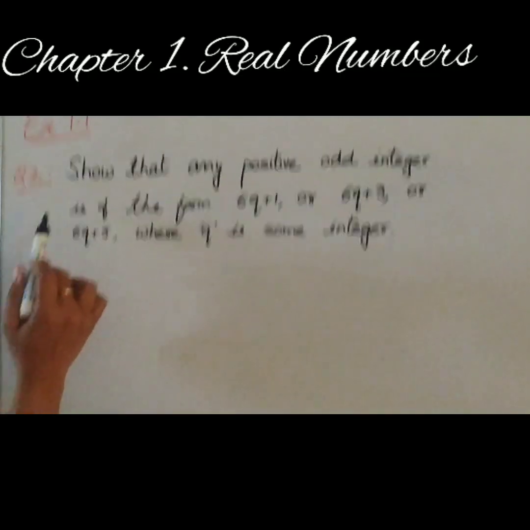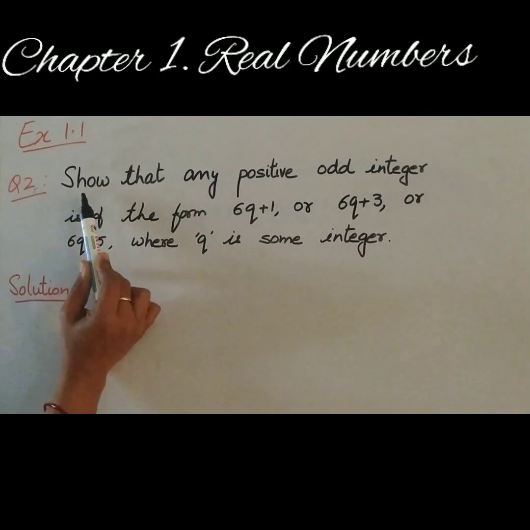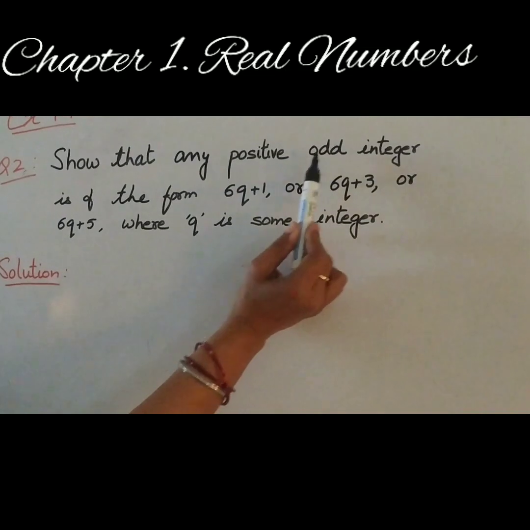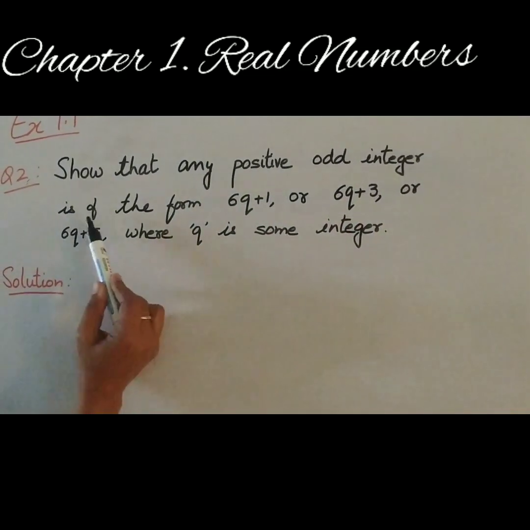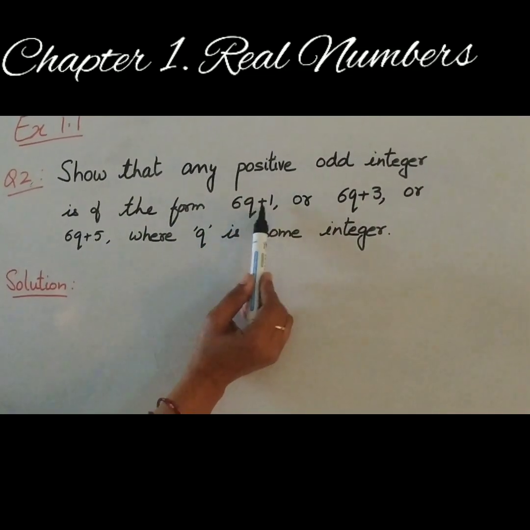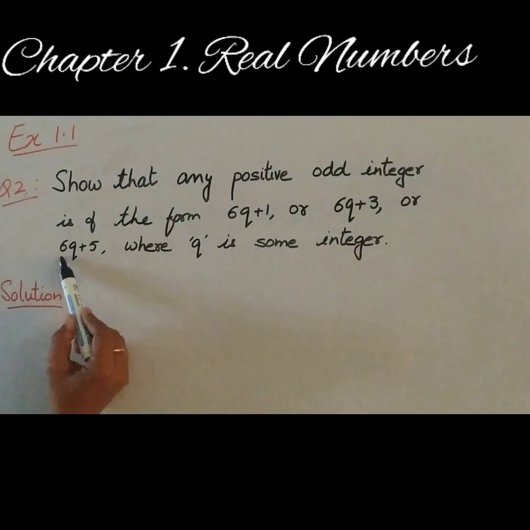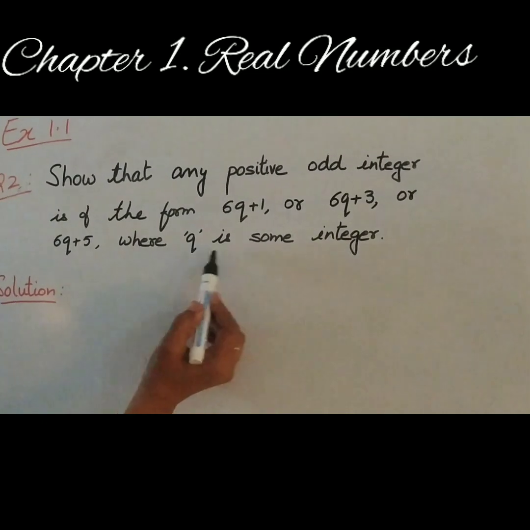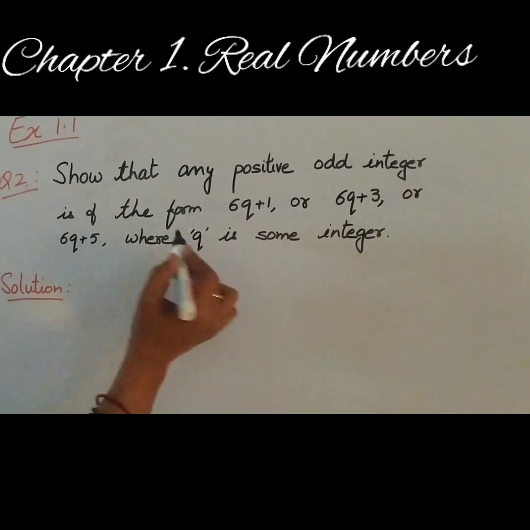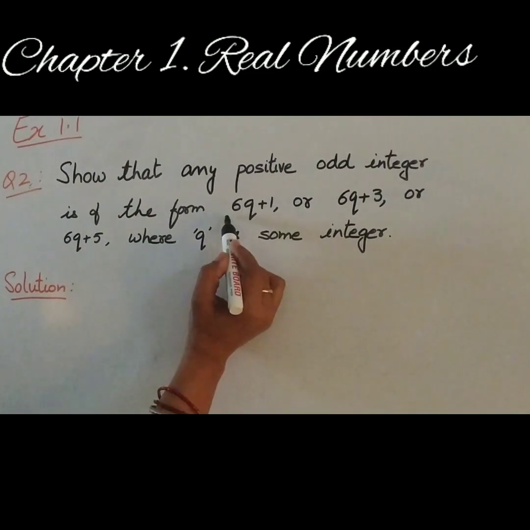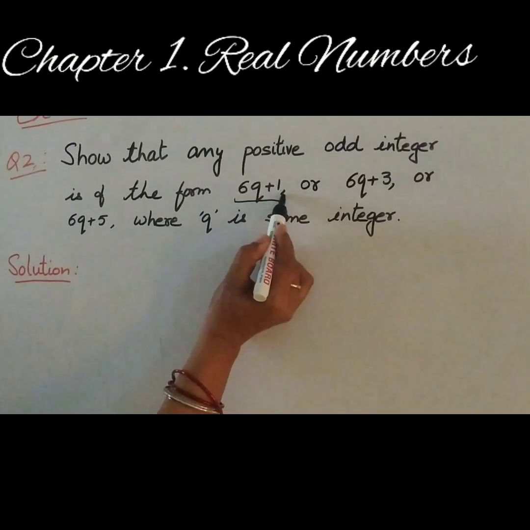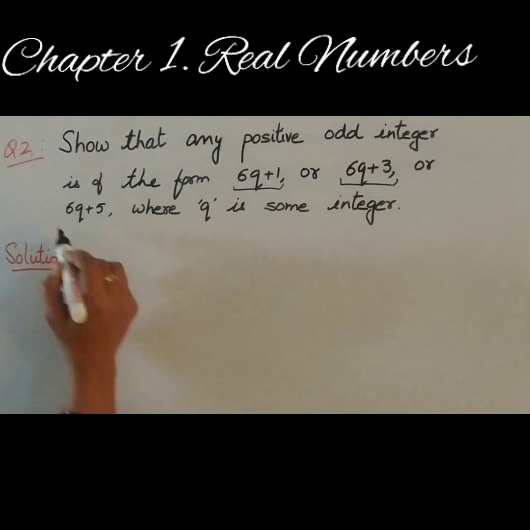Exercise 1.1, question number 2 is, show that any positive odd integer is of the form 6q plus 1 or 6q plus 3 or 6q plus 5, where q is some integer. Now first of all, I would like to explain to you the meaning of 6q plus 1, 6q plus 3 and